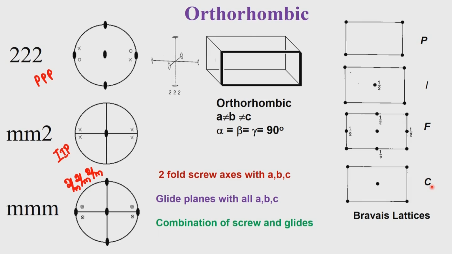And of course, we can have A or B or C separately centered like in the monoclinic system, and then we will have therefore the C centering. So, C centering means also it could be A centered, it could be B centered, because it just depends upon how you define the values of A, B and C. You see, in the case of an orthorhombic system, you can always interchange A, B and C. So, when you interchange A, B and C, correspondingly the A centering, B centering, C centering will change. So, they are one and the same. So, therefore, we have 4 types of lattices with which we have to combine the 3 point groups.